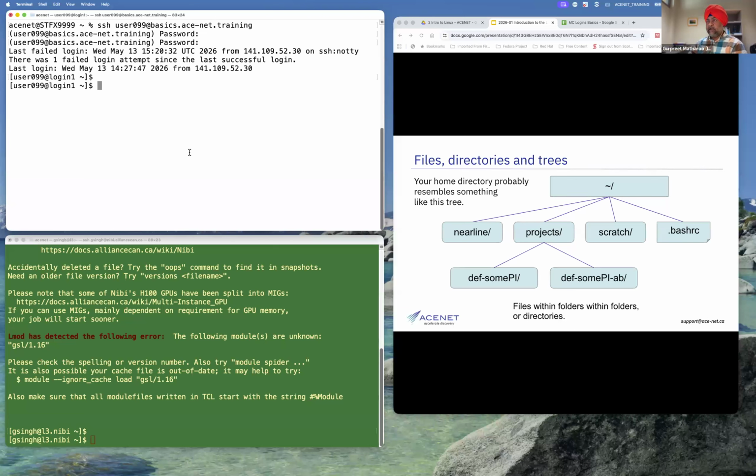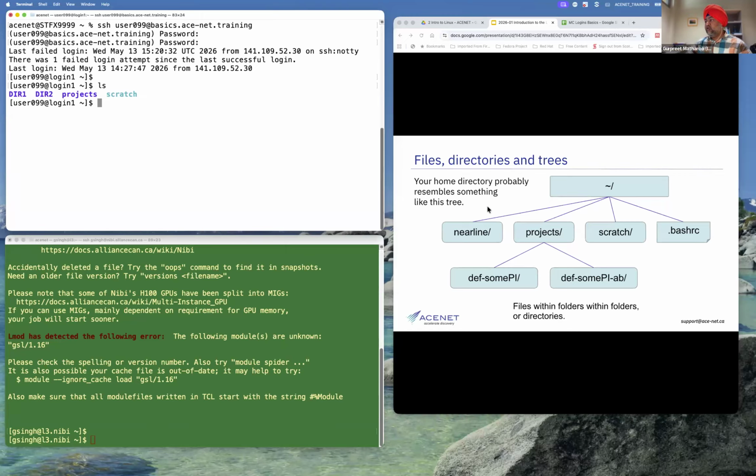I will come to this command in a minute, but if I press ls, I will see there are these four things that appear. If you just type ls, you will see projects and Scratch appearing. Now, what do we do over here? When we log on to the cluster, right at that instant, we are actually sitting at something called a home or a home directory. So this is the login directory as well. When you log on, there is a default that has been set up by the sysadmins for you, and everyone logs on to their respective home directories.